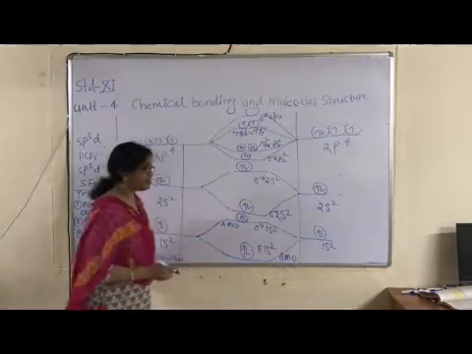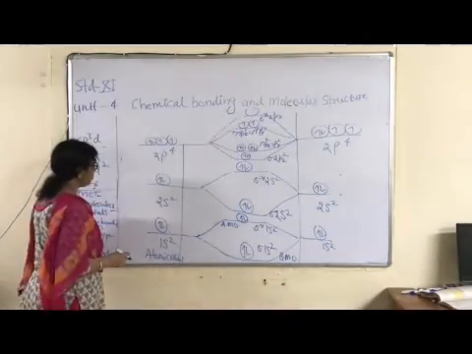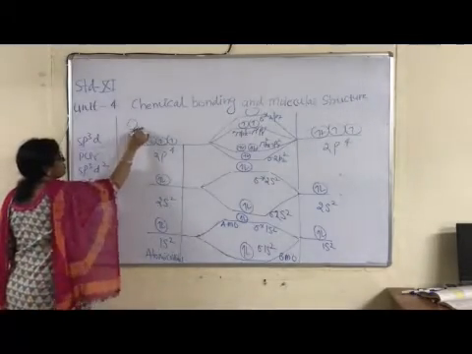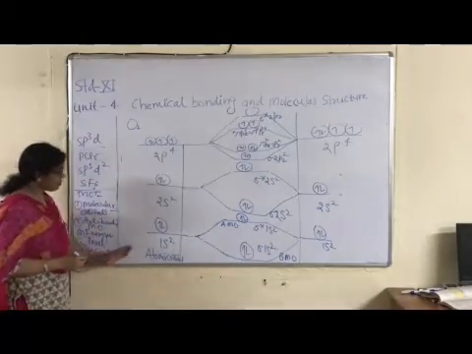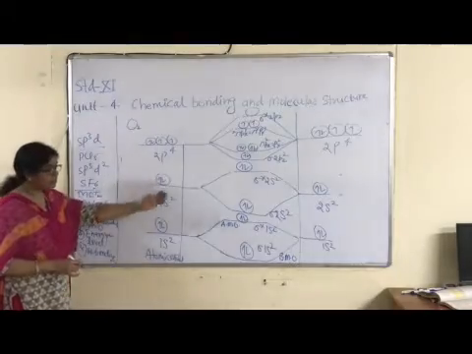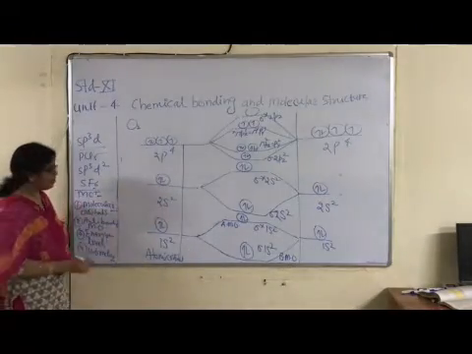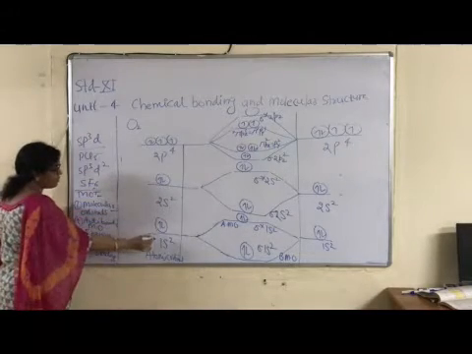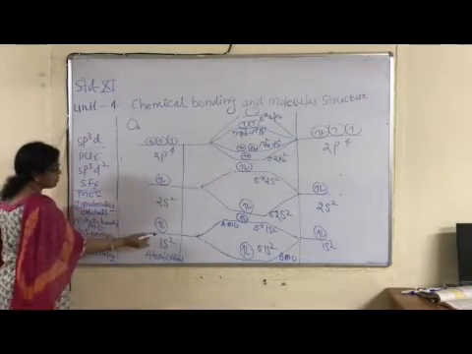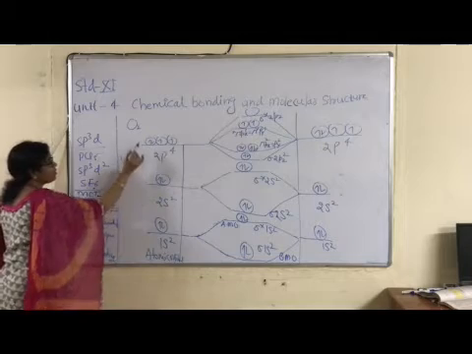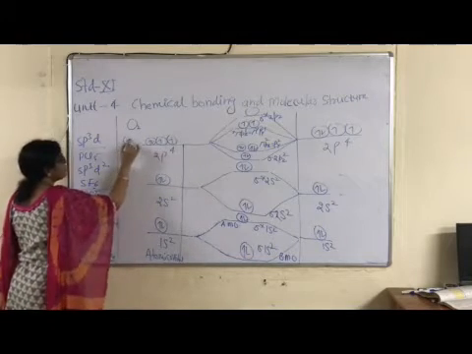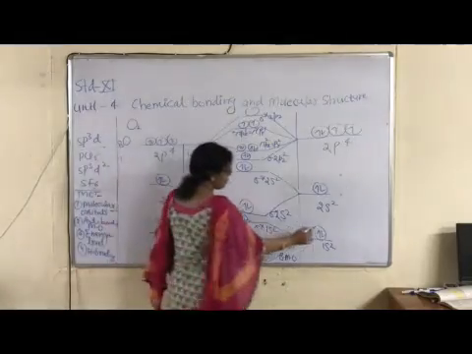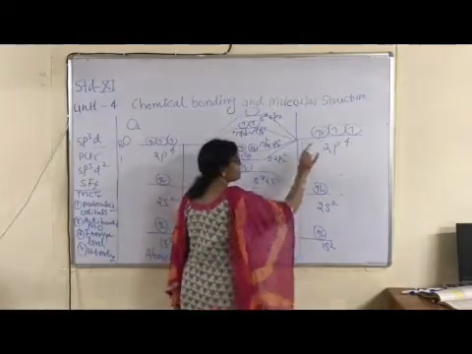Now children, this is the energy level diagram of oxygen, right? The oxygen molecule. As you know, the left hand side is atomic orbitals and the right hand side is also atomic orbitals. So first of all, always complete the left hand side and right hand side: 1s2, 2s2, 2p4. 2 plus 2 is 4, 5, 6, 7, 8, which is correct. The atomic number of oxygen is 8. Check the right hand side also: 1, 2, 3, 4, 5, 6, 7, 8.